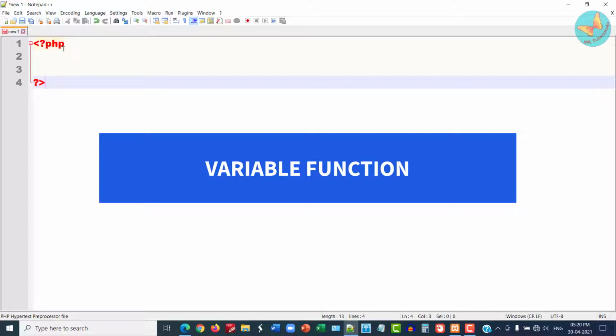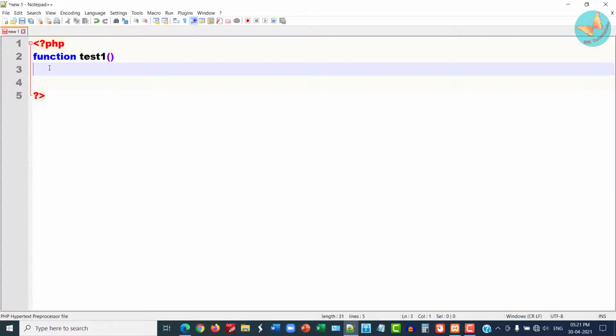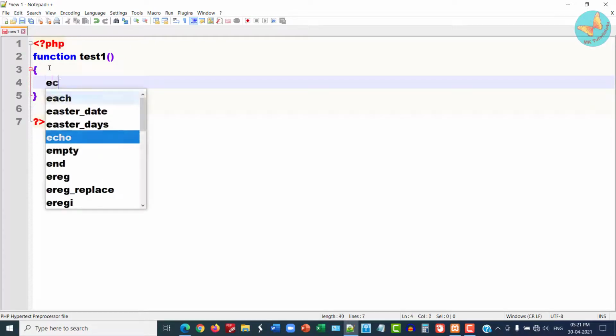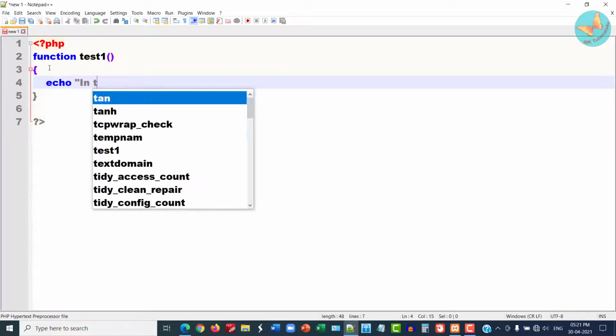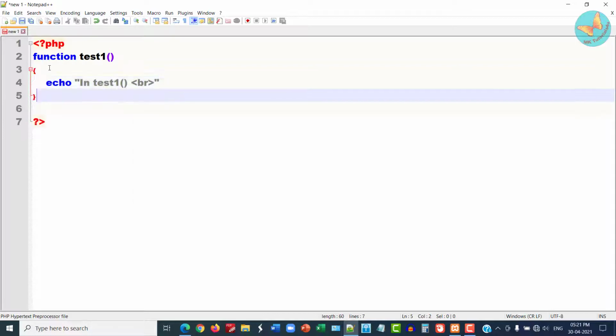Now let me take one example of variable function. Suppose I create a function test1, and I will just display the message that you are in test1 function.